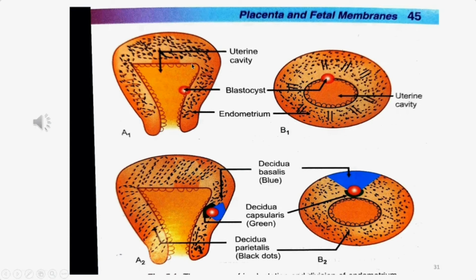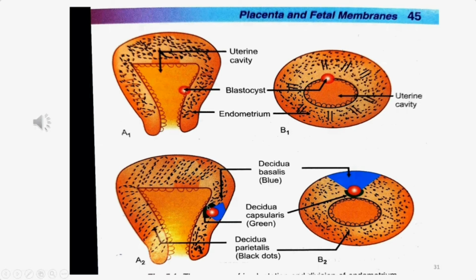Here is the uterine wall, lined with epithelium. The blastocyst gradually becomes embedded within the wall of the uterine cavity. Here there is a transverse section, and in this section you can see that the blastocyst is implanted within the uterine wall. In which part is it embedded? In the uterus there is an endometrium, myometrium and perimetrium. The blastocyst is implanted within the endometrium.